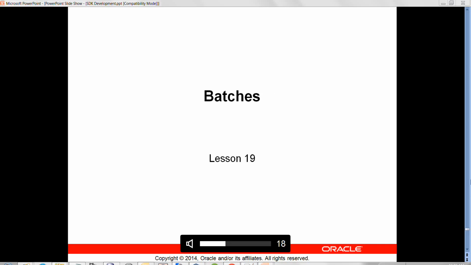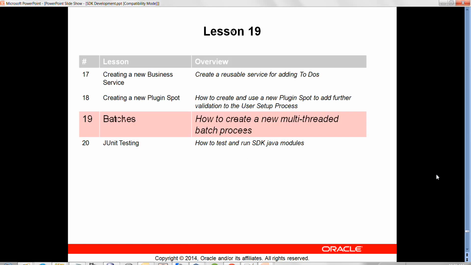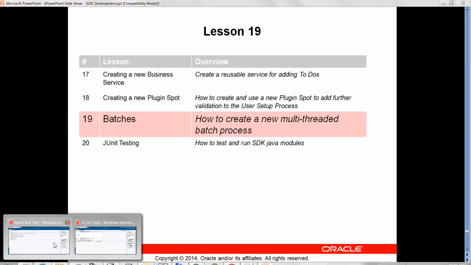Welcome to lesson 19. We're going to look at batches. We're going to see how you can create a new multi-threaded batch process. The example that we're going to take is,